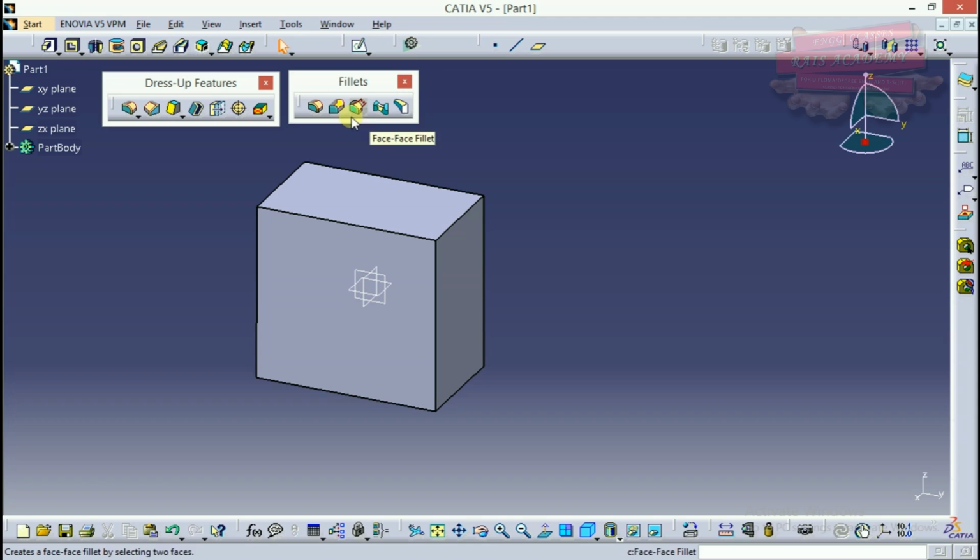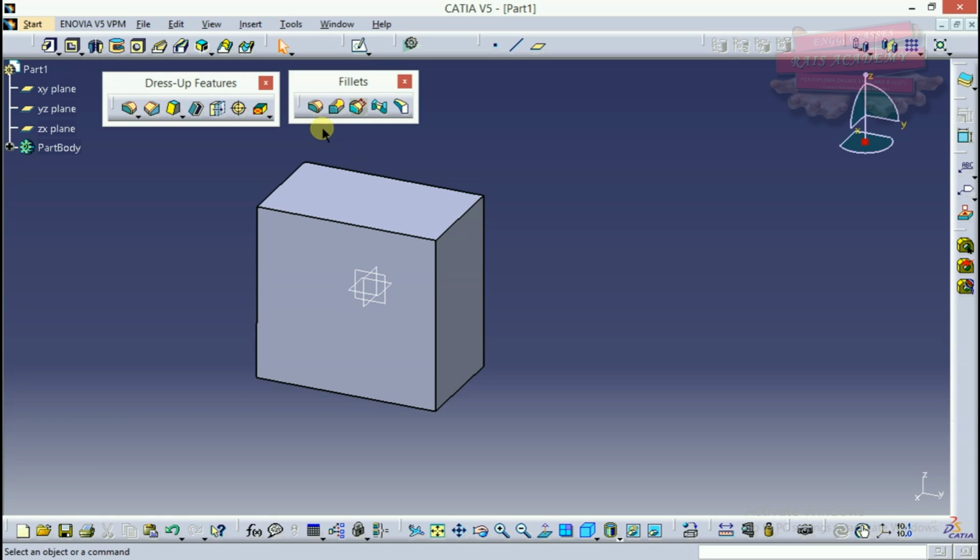The other fillets we will use when we complete all of this series. After this we are going to show you all the next 3D fillets. So for completion we'll quickly complete this, and after completing the dress up features up to this point, we'll see all of the 4 remaining fillets.